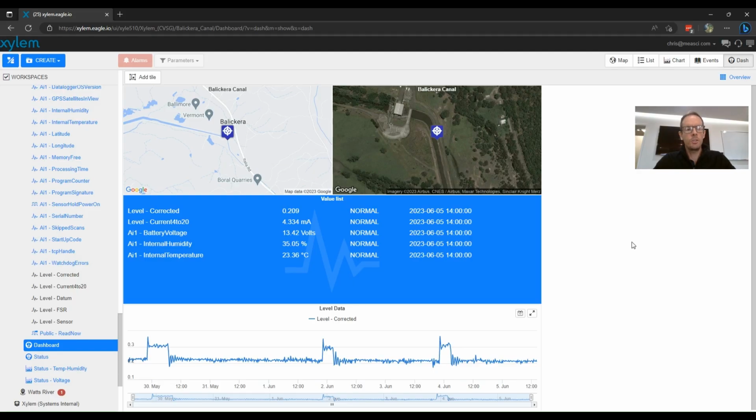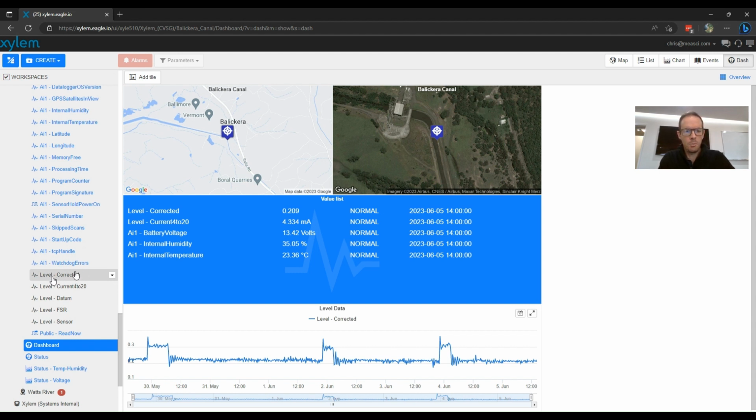In this video, I'm going to show you how to add an alarm and how to get notifications for that alarm when it's actually active. So I'll be using this level station again. That's been our demonstration site a few times. So I will show you how to set up an alarm based on a high level, which is a common